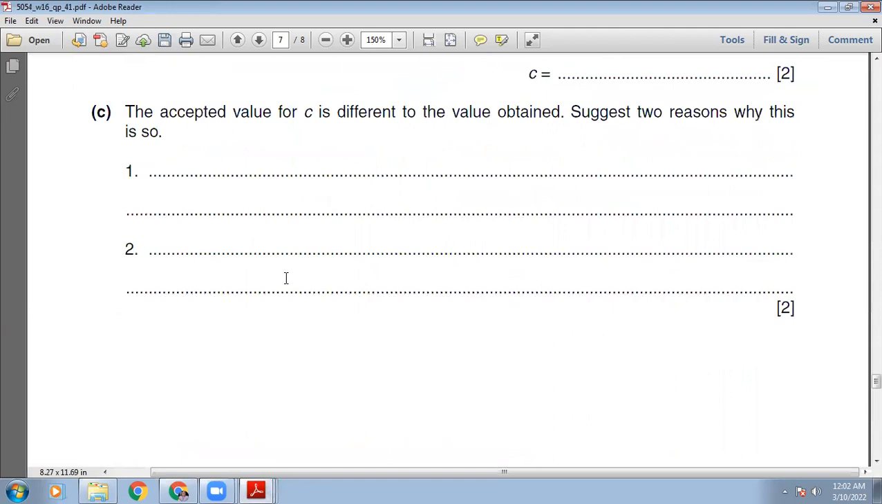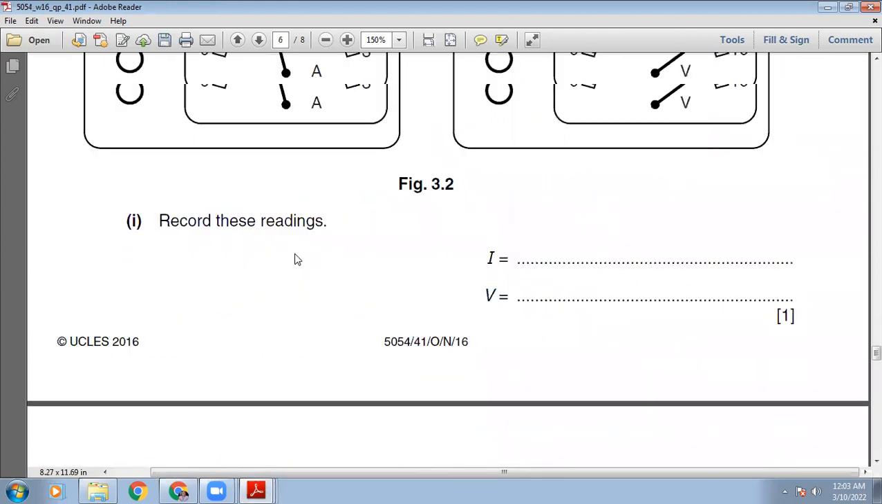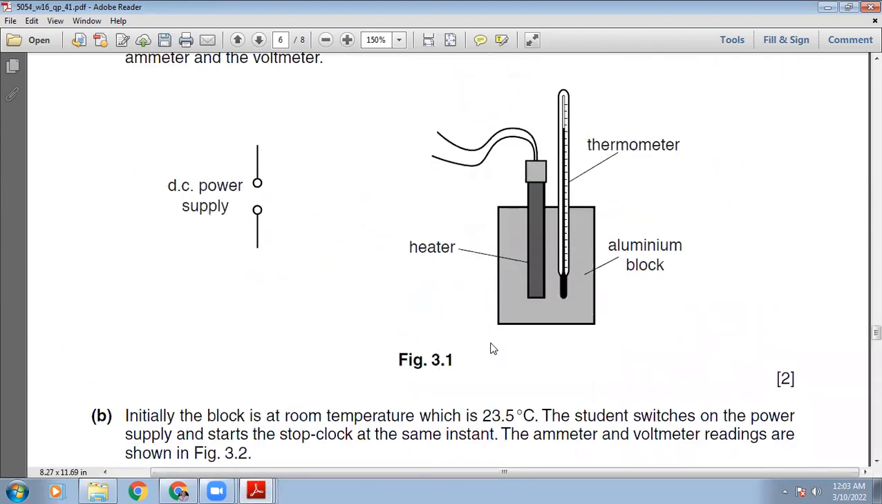Okay, so next part. The accepted value for the c is different to the value obtained. Suggest two reasons why this is so. You see, the instrument you used, this aluminum block, is not lagged with any insulator. So the heat which the aluminum has gained is also being lost to the surroundings because there is no lagging or insulation around the aluminum block. And the second thing, you see